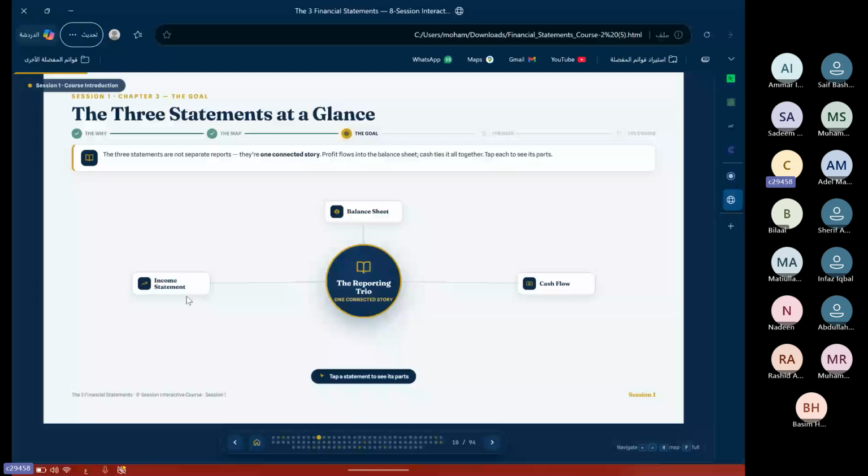So your income statement, your net profit will go to the balance sheet on the equity side. Your cash from your balance sheet is going to the cash flow. And as we said, the income statement answers the question, do you make profit; the balance sheet, what you have and what you don't have; and the cash flow, where did this cash go or move. So all of these are connected.